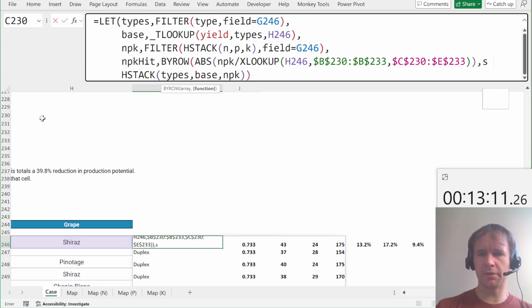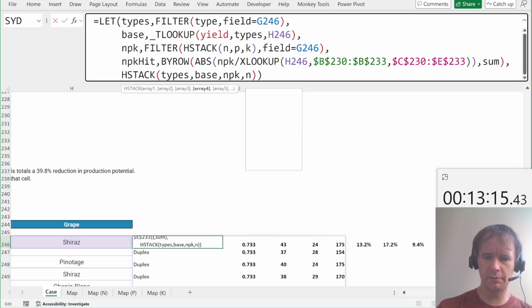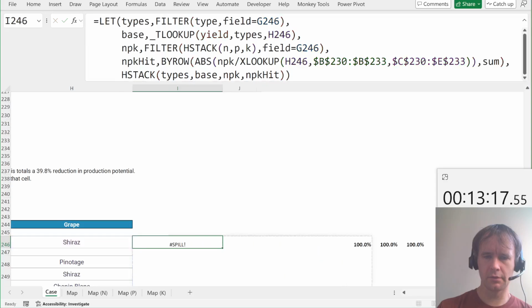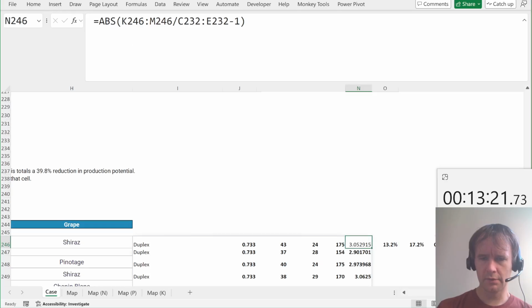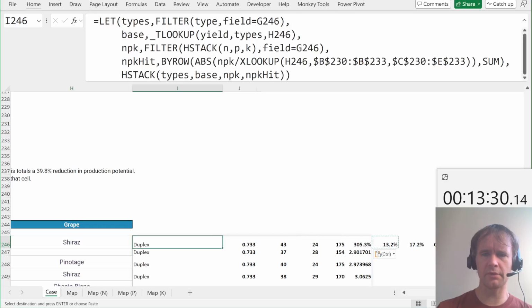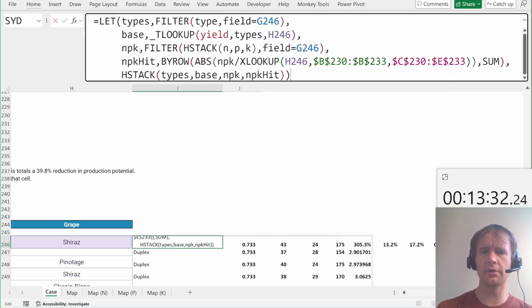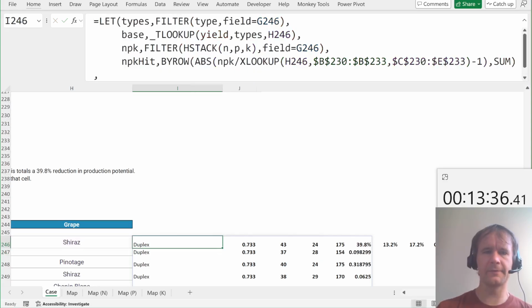Absolute value of that by row sum. And then let's just add in NPK hit. And you can shift over. No. What? Oh, wait, I think I missed a -1. No, that wouldn't explain. Oh, yes, it would explain because the -1 comes out here. There we go. Okay. So then I want,